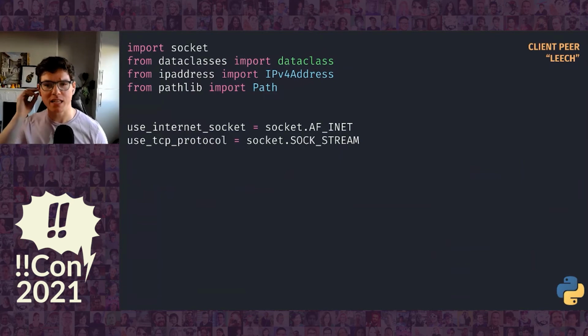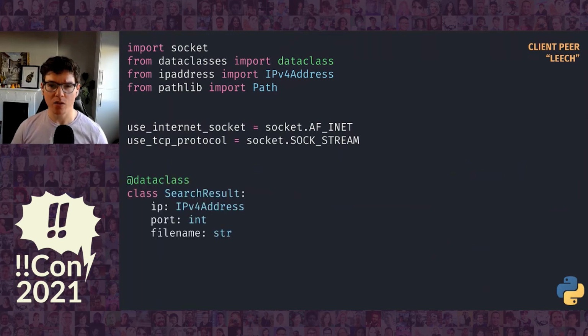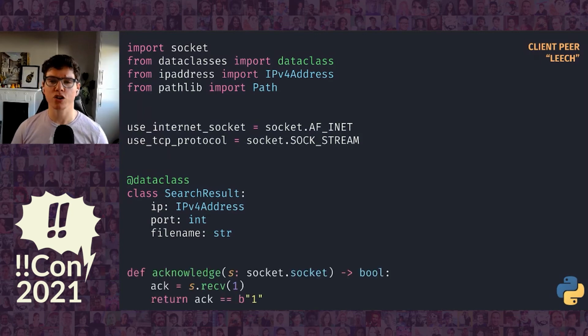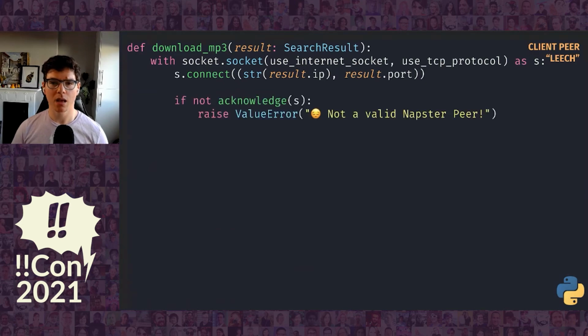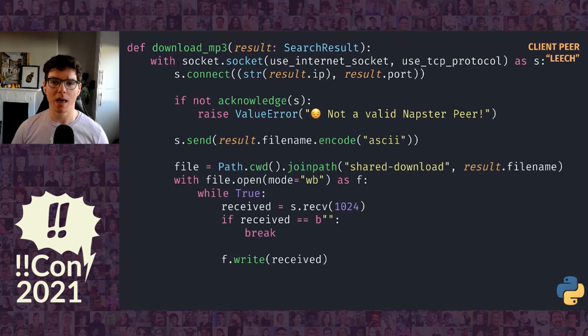So actually implementing this is once again a very similar pattern to what we've already seen a couple of times now, an internet socket using TCP. We set up a little data class that would have the file name, IP of the server with the file, and the port. And we set up a little acknowledge function, which reads a single byte and returns a Boolean as to whether it was a string of 1, which we'll use in just a second. Then we set up a socket again. We connect to the peer who has the file we want to download. We acknowledge that the first byte we receive is that 1, which is like our little secret message. Then we ask for the file name that we want, and then we download it in nice little 1024 byte